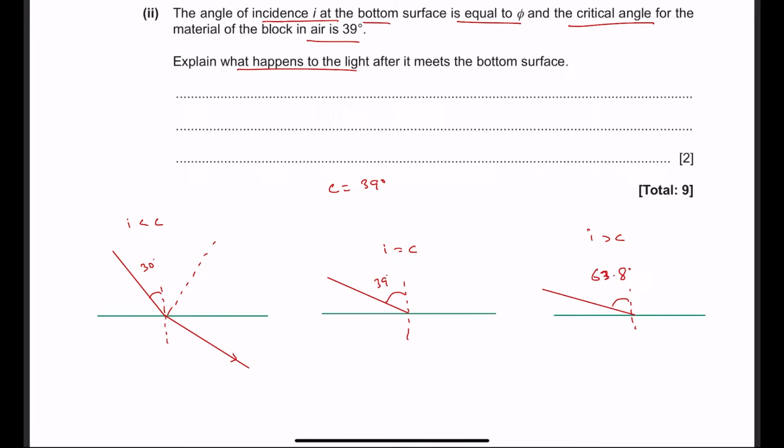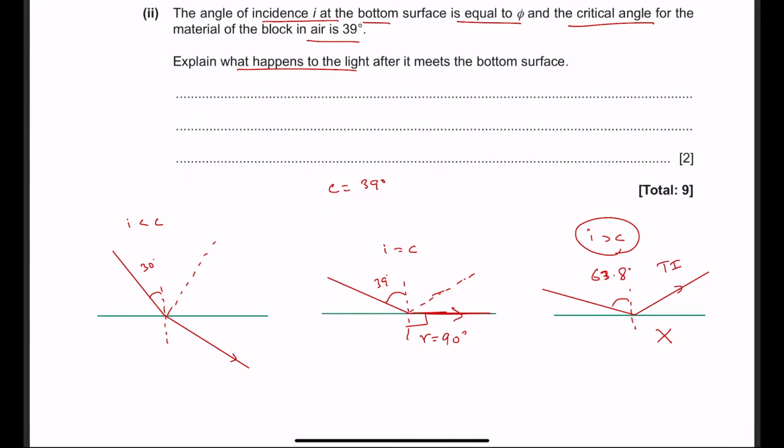If, however, the angle of incidence becomes large enough that it's equal to the critical angle, then the light refracts such that its angle of refraction becomes 90 degrees. So the angle of refraction becomes 90 degrees, and the light travels along the boundary. Some of it will also reflect back into the medium. However, if the angle of incidence becomes greater than the critical angle, then the light is not going to go into the other medium. In fact, all of the light is just going to reflect,